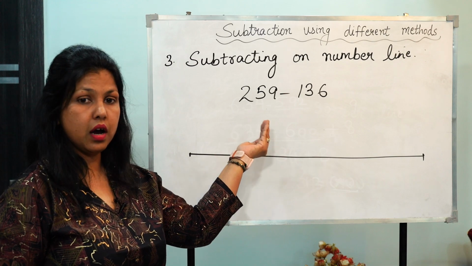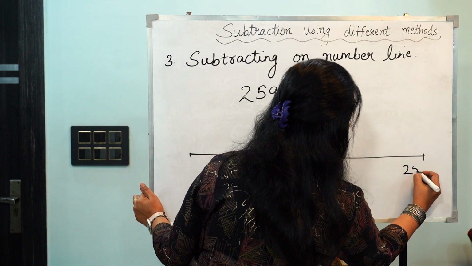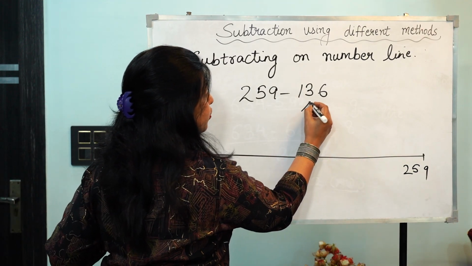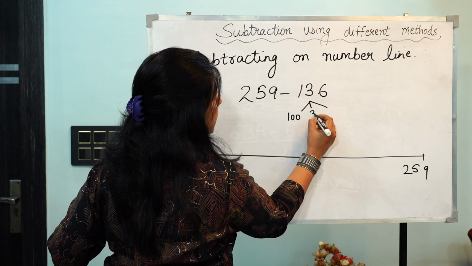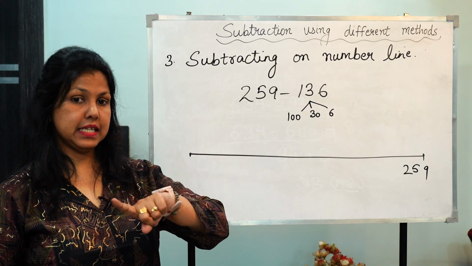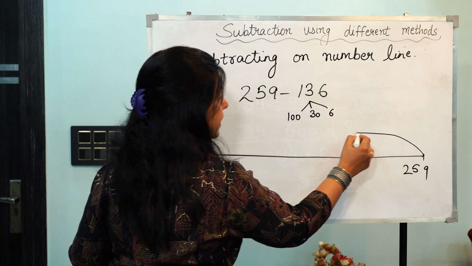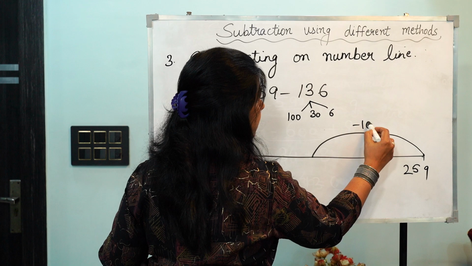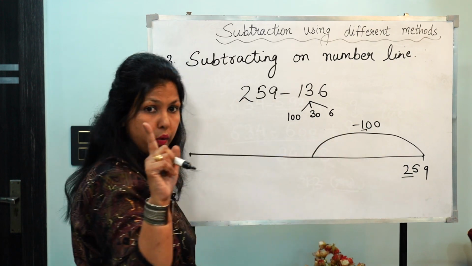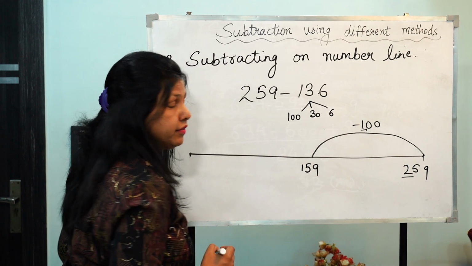हमें इसको कहाँ रखना होगा? Yes, हमें इसे right side पे रखना होगा. So I keep 259 over here. ठीक है ना? अब हम इस 136 को तोड़ देंगे. 130 and 6. Now what is my first step? To subtract 100. So 259 में से मैंने 100 माइनस किया, right? तो my 100 place will be impacted. 2 minus 1, 1. So 259 minus 100 will give me 159.